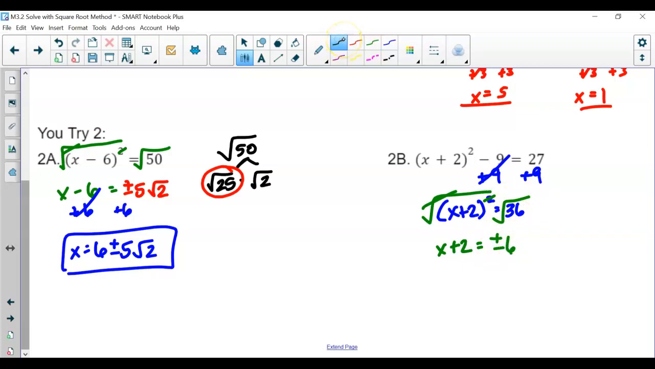So now we do need to set up our two equations. x plus 2 is equal to 6, and x plus 2 is equal to negative 6. So now when you solve, subtract 2 here, and x is equal to 4 is one of them. Subtract 2 here, and x is equal to negative